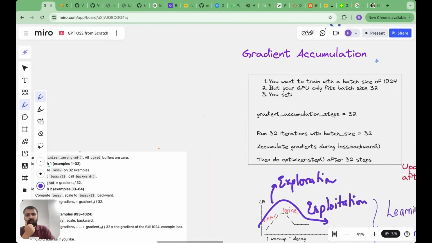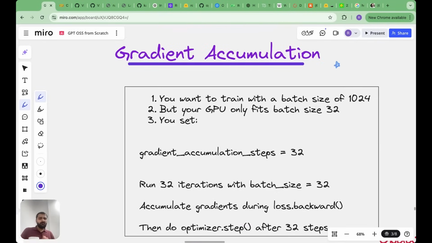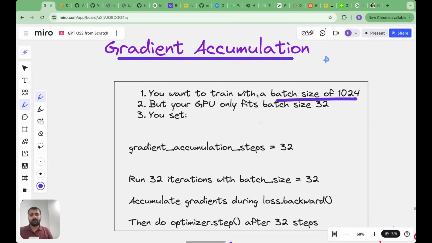Secondly, we are also going to use something which is called gradient accumulation. And if your context window is large, you definitely need to try this approach. Let's say you want to train with a batch size of 1024. But if your GPU only fits a batch size of 32, then what do you do in that case? If your batch size becomes very large, how do you fit it on one GPU? What you can do is gradient accumulation, and mention gradient accumulation steps